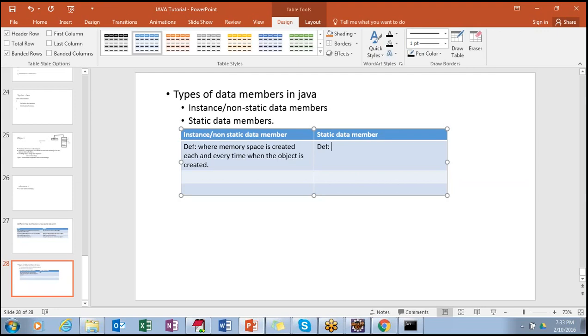Okay. But static data members are those where the memory is created only once, irrespective of the number of times the object is created. So once you say it is a static data member, the memory is created only once, even though you create objects many times.